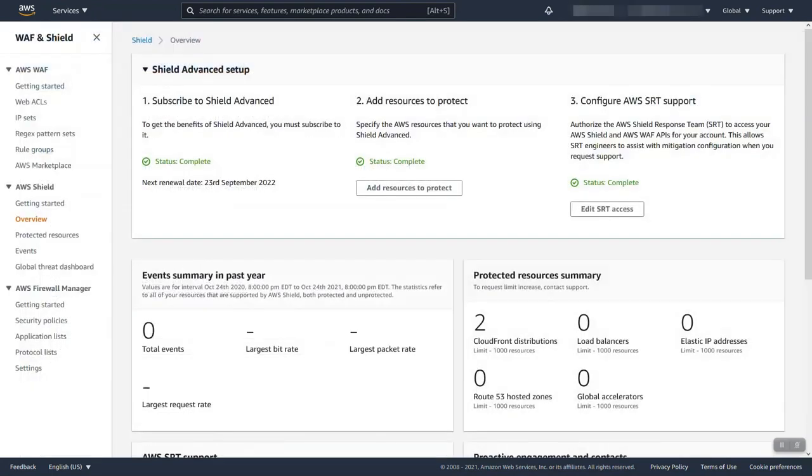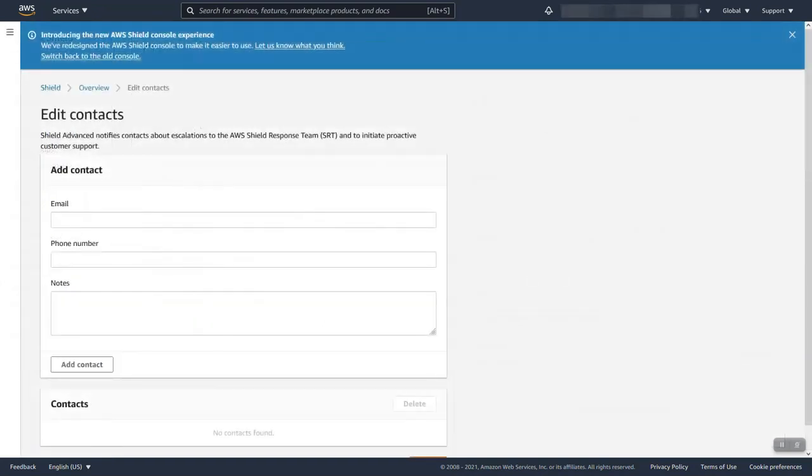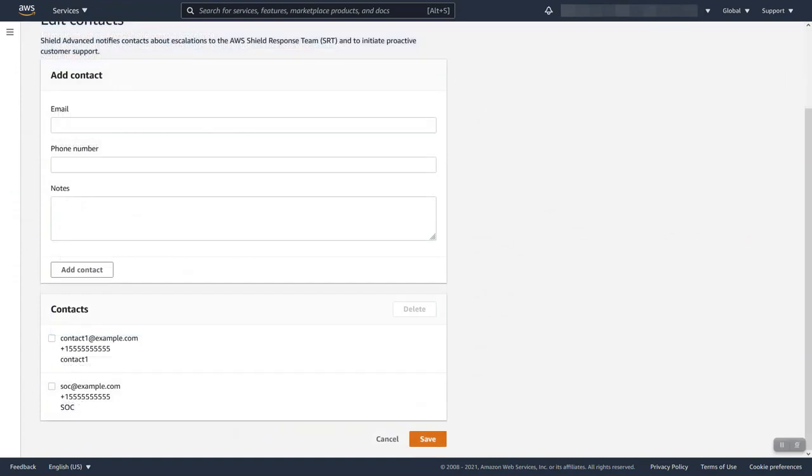Once we have that, the last item is to finish configuring the proactive engagement and contact section. The first thing you'll need to do is add one or more contacts, ideally several. Per contact, you'll add an email address and a phone number and an optional note if you'd like. So let's add a contact 1 and our phone number, and I'm going to add a second contact for my